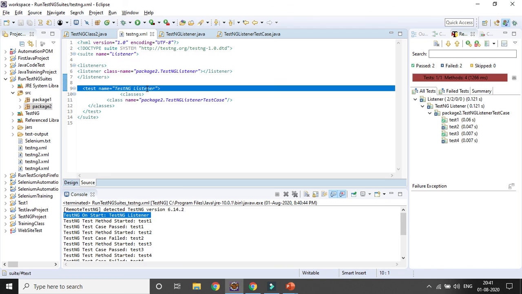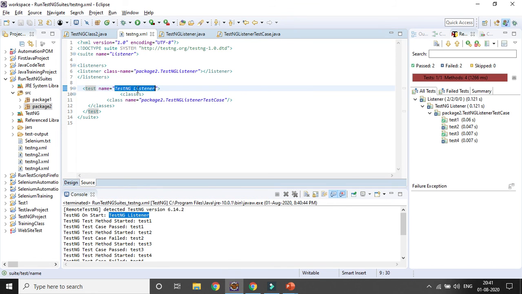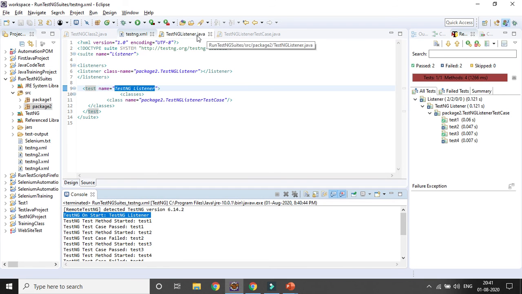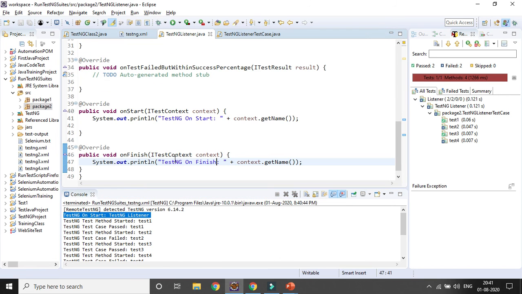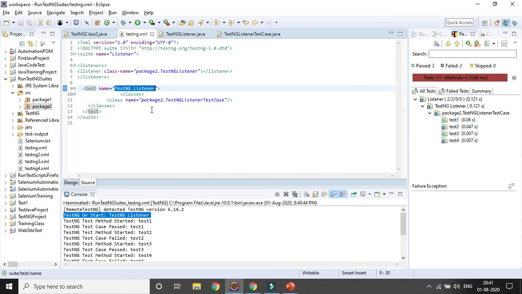And you can see the output, TestNG on start and on finish. It runs at the test level, because of the test name I have given, so it runs one time.